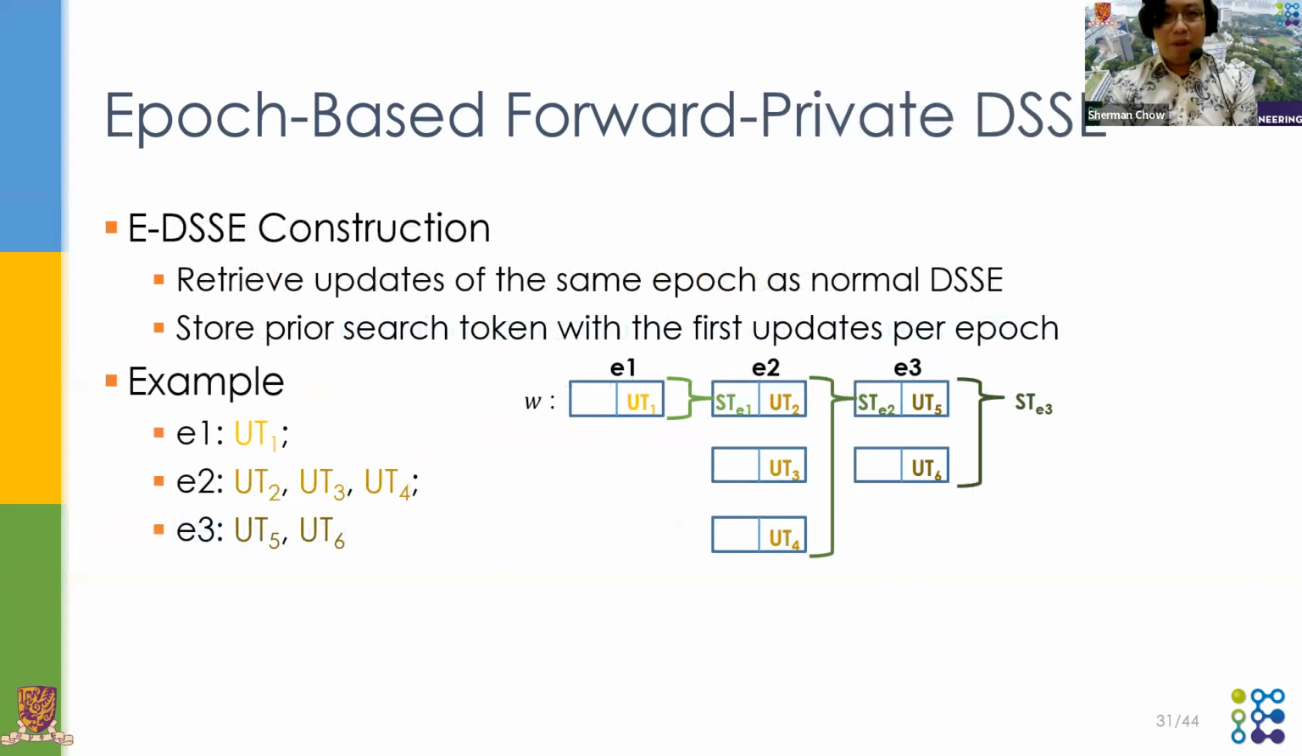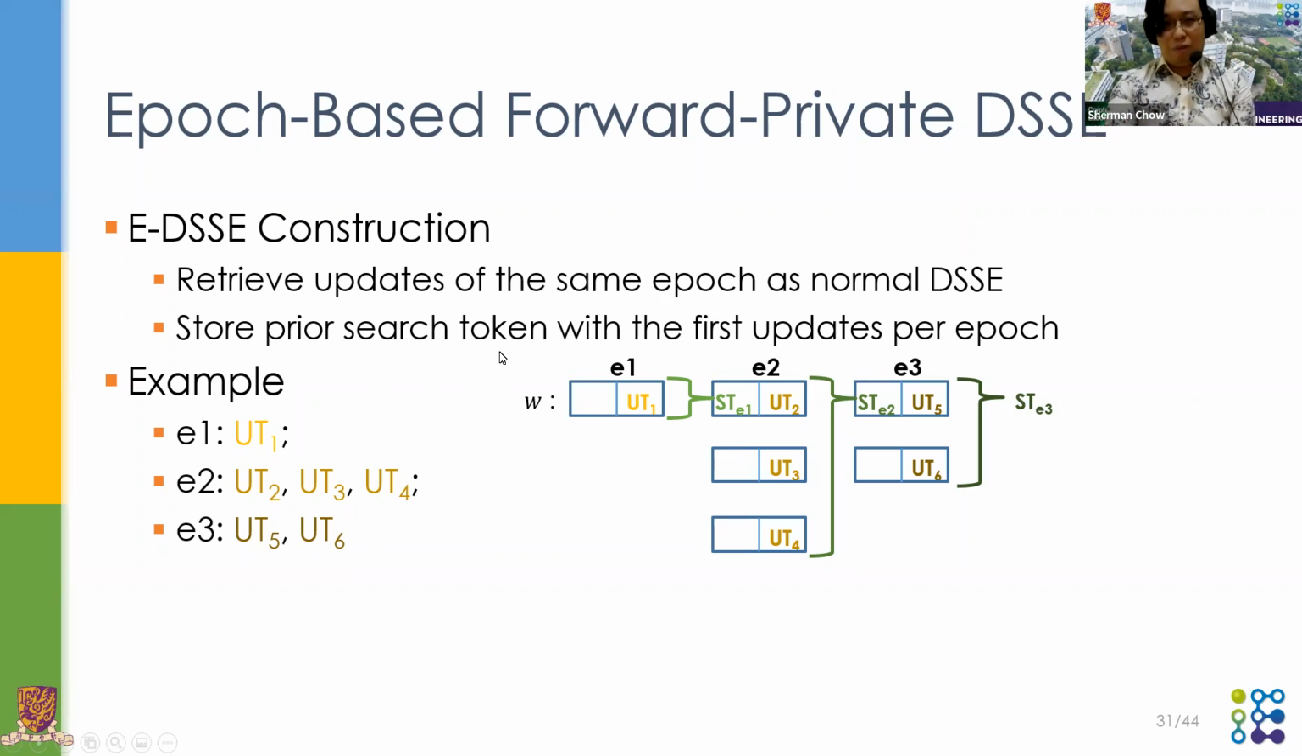Then I will just quickly go over the construction idea because time is limited. Firstly, I need to construct the underlying DSSE scheme, which achieves this kind of epoch-based forward privacy. Then naturally, I will use this to replace the DSSE in the GA construction. The idea of this construction is that I retrieve the updates of the same epochs as a normal DSSE, but on the other hand, we also maintain